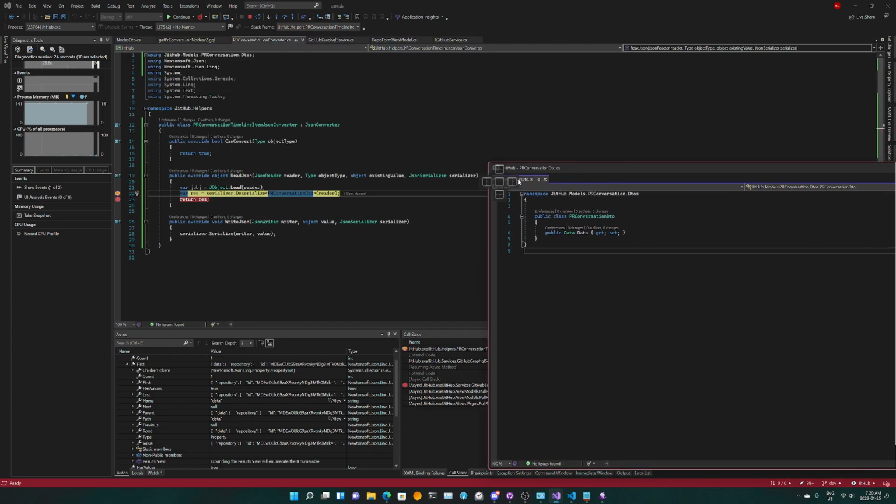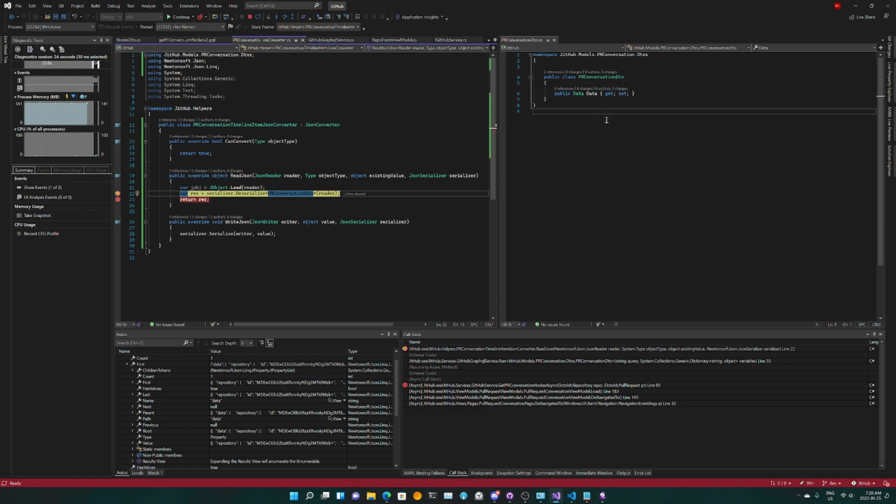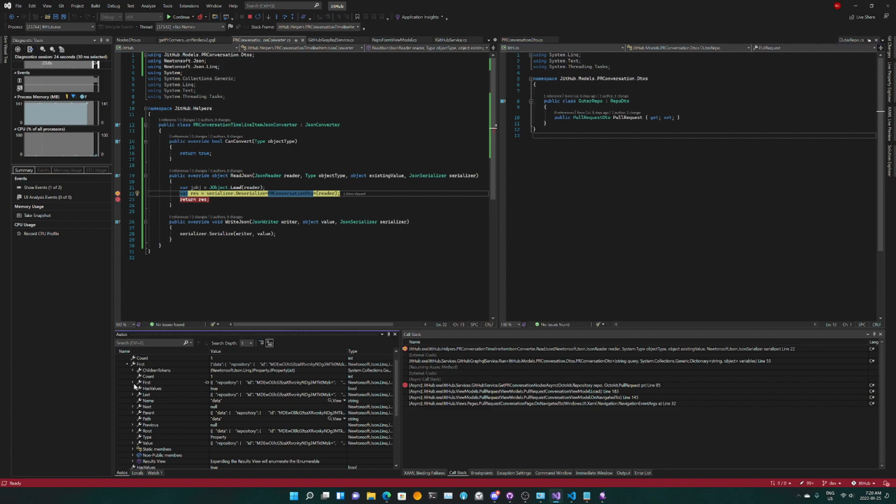Okay, what we want is this, right? It's a PR conversation DTO, and in it there's data. In data, there's repository, and in repository we have pull request. I don't think lots of things have changed, so let's go into the so-called first.